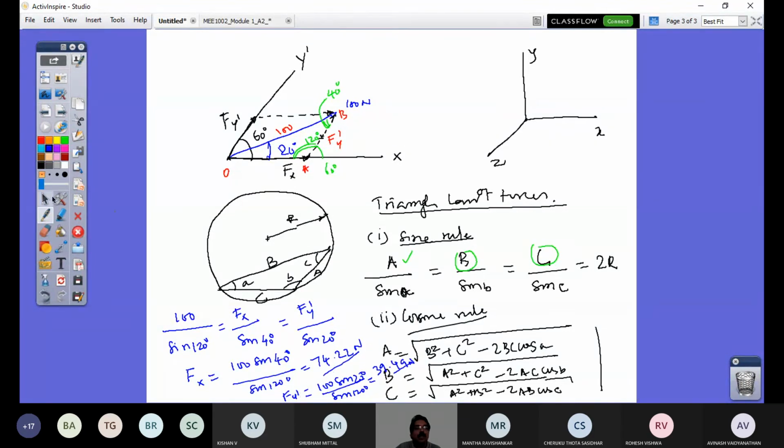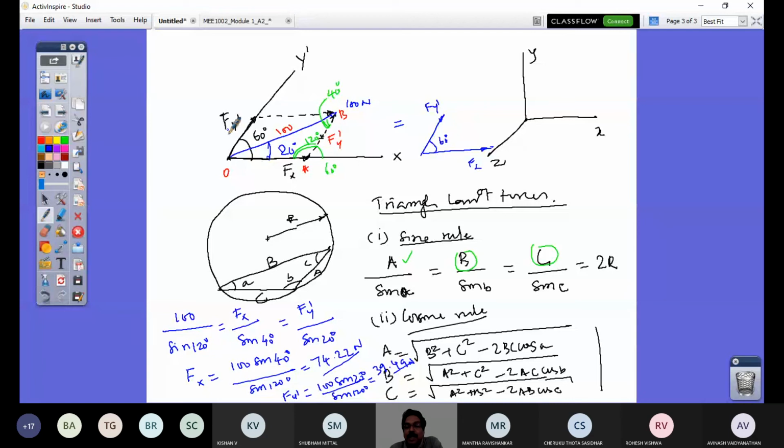So what is the meaning of this? Resolving a force into two components along two lines. That is not necessarily always at right angle. So you may have a situation while solving a problem that you require to resolve a force at some particular angle, like this case. So one is Fx, another one is Fy dash. So this 100 Newton force can be replaced by these two forces, called resolution of a force. So hope you have followed.